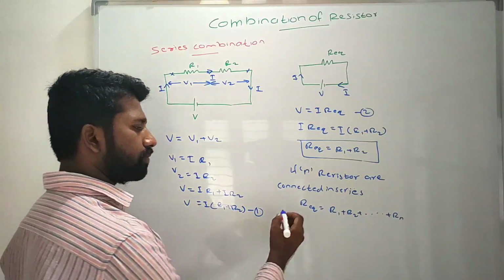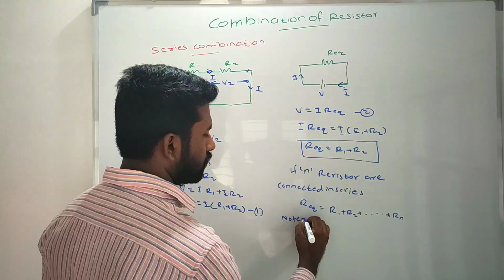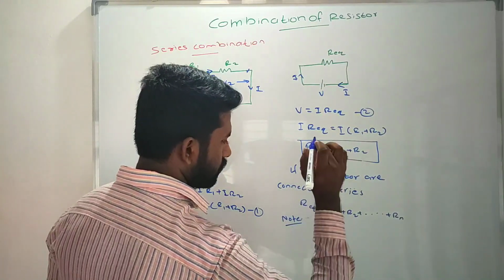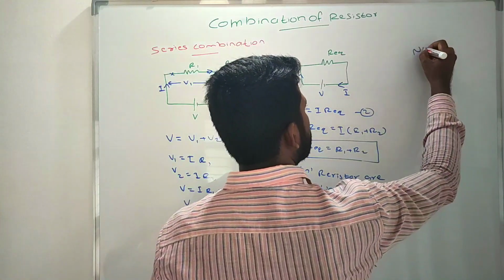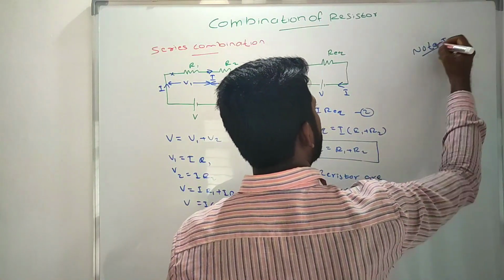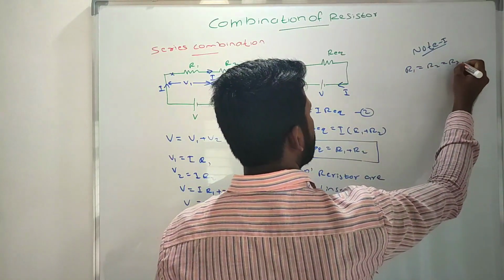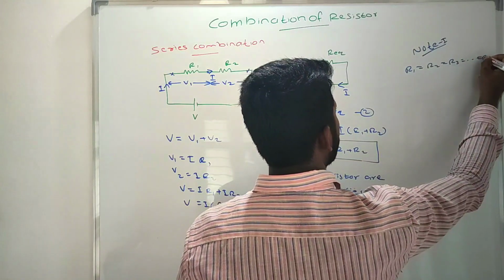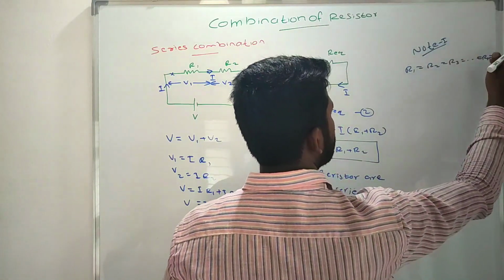Clear? That is the n resistors, which we take between node 1 and node 2. If R1 is equal to R2 is equal to R3 is equal to up to Rn is equal to capital R,